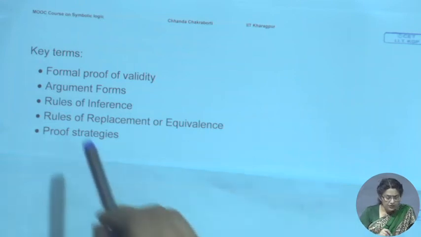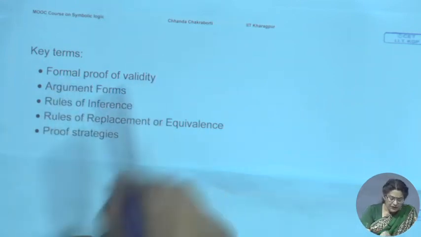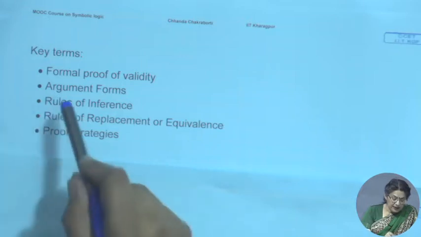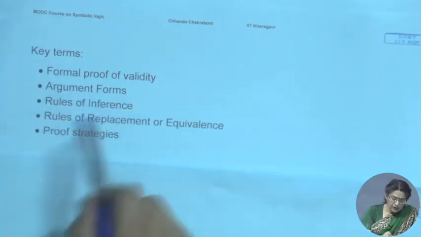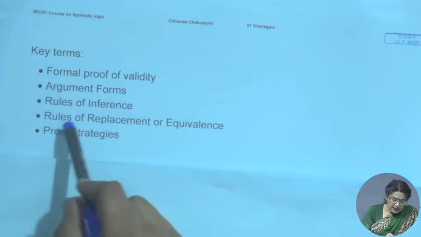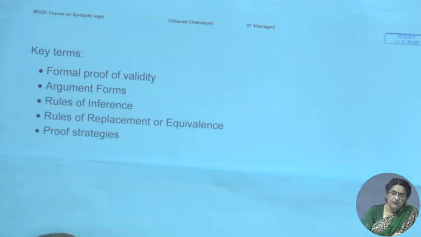We are going to first look into the formal proof of validity. Then next module perhaps we will talk about argument forms and the rules of inference, and then subsequent to that we'll come to rules of replacement or rules of equivalence,